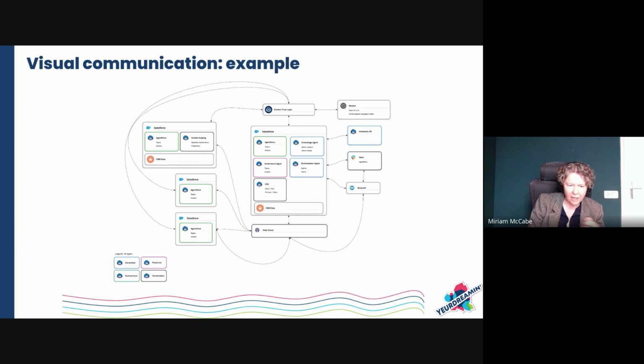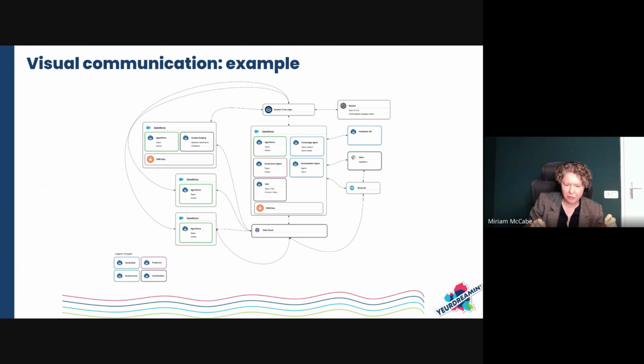So on the next slide, this is an example of an artifact that I've created to explain the various types of AI and how they would fit into an org strategy in a multi-org situation. A few things to note is that I have left out more than I've put in in this diagram. So this is not a diagram to explain everything about how these orgs interact with each other. It's only here to tell a story about the types of AI that I want to implement in the various orgs. So you will see that I have a legend that describes what the coloring around the boxes is for the AI types. And that's the most important piece, right? So I'm not giving a legend for any other piece on the diagram.